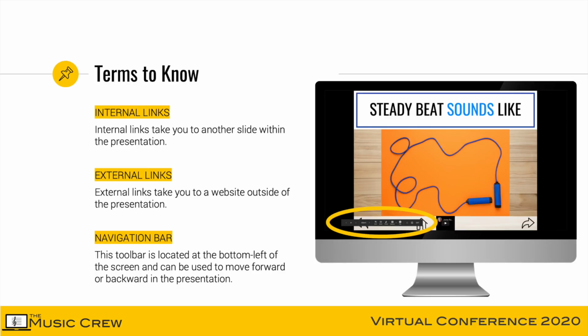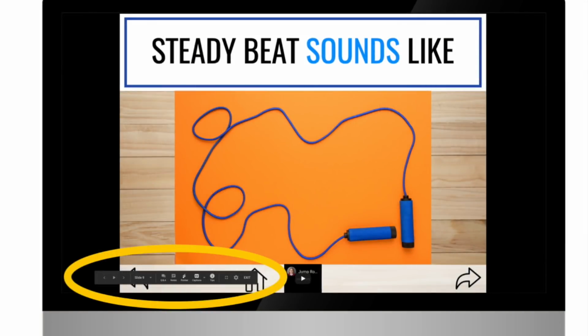If a presentation only has external links, then the navigation bar probably isn't going to be a problem. The exception to that would be if the navigation bar is covering up icons. So I have on the screen an example from my basic series presentation where the navigation bar is covering up both the home icon and the arrow to take students back. So that would be another example. Even though it's using both internal and external links, you would want to do forced presentation mode without the navigation